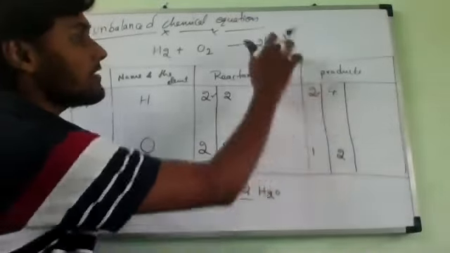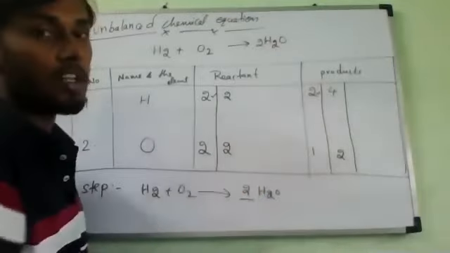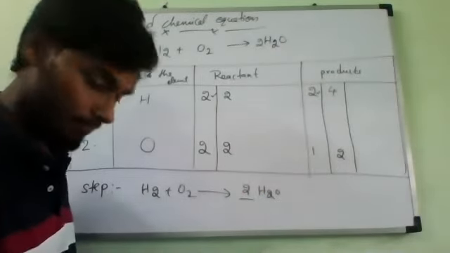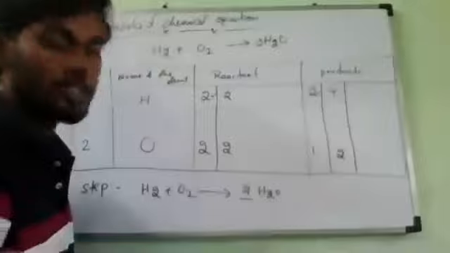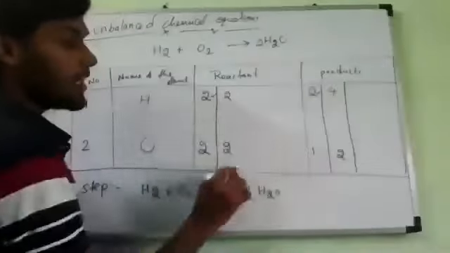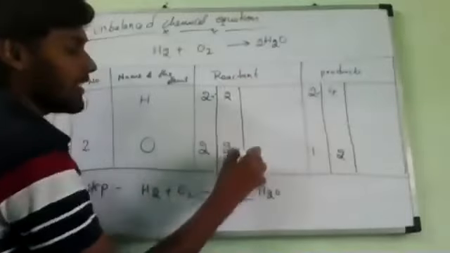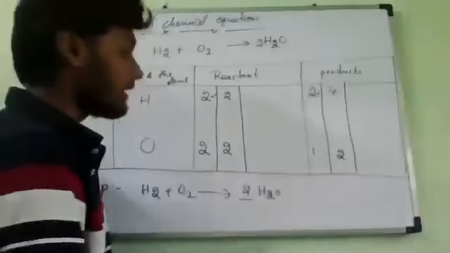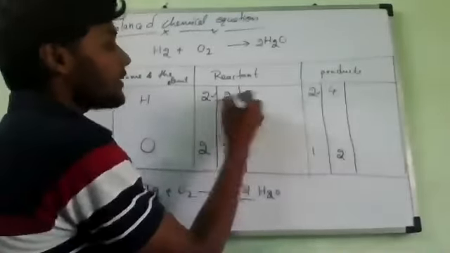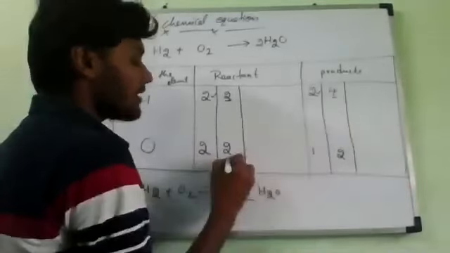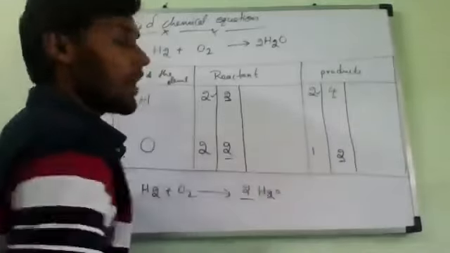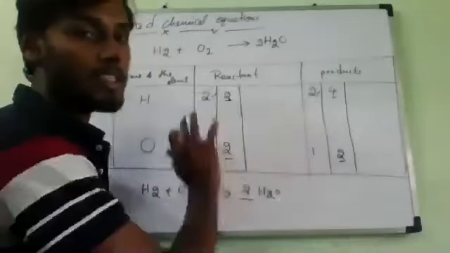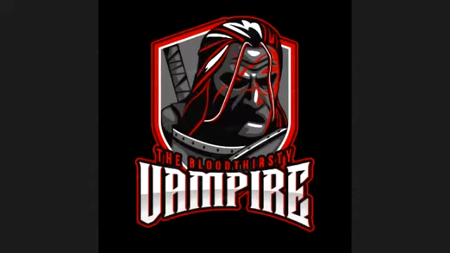See, you tried to balance the oxygen, but the number of hydrogens also changed. Is it correct or not? That is the thing I am saying. So exactly step 2 also will come the same way. Now, again start comparing. Hydrogens: here 2, here 4. Oxygens: here 2, here 2. Now, which side should we balance, reactant side or product side? Reactant side.